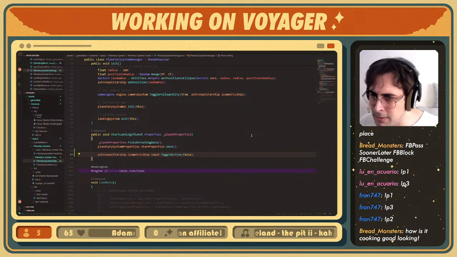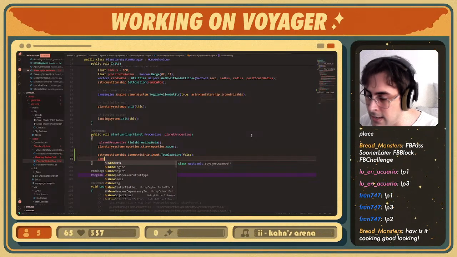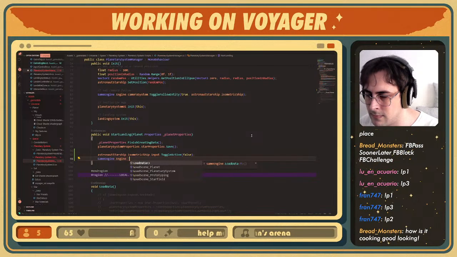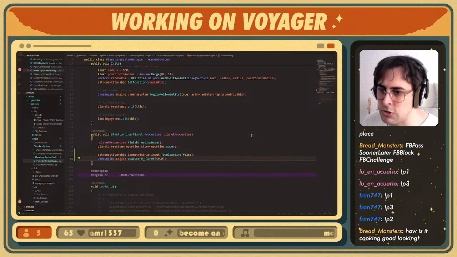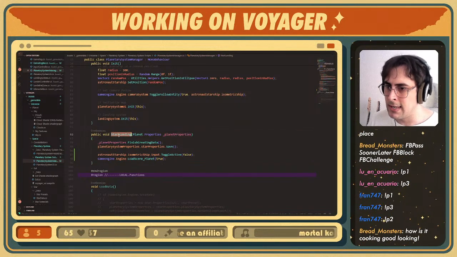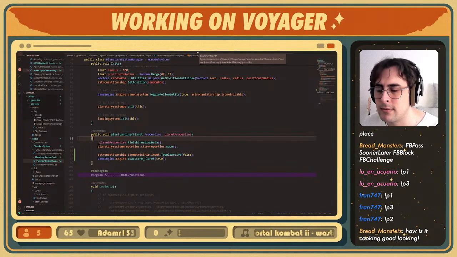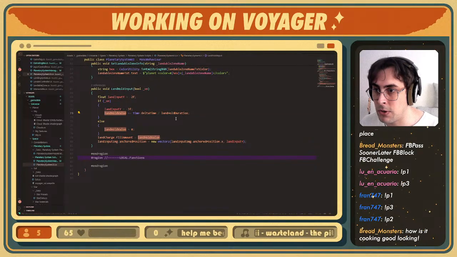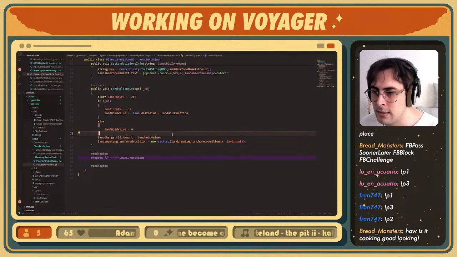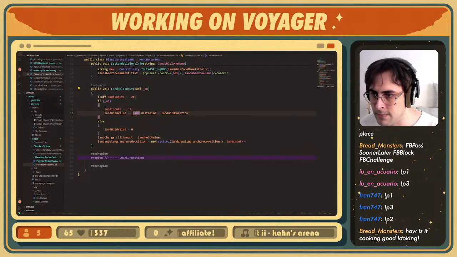Okay, I'm disabling the input from the player, and then load scene planet, and I'm going to say transition to true. So the start landing is going to be called from here whenever I finish the whole input. Okay,